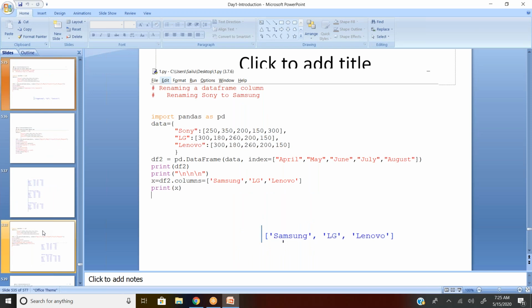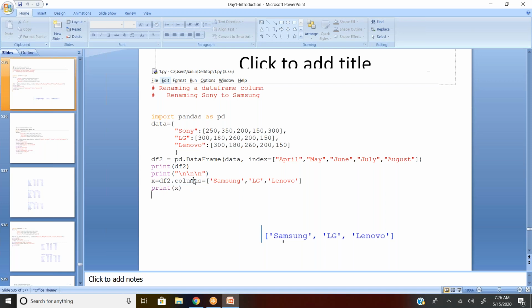There might be a requirement where you need to change the column names. You have some column names by default, and due to a requirement, you want to change the column names to something else. So how do you change the column names? So df2.columns. df2 is nothing but the data frame created by you, dot columns.